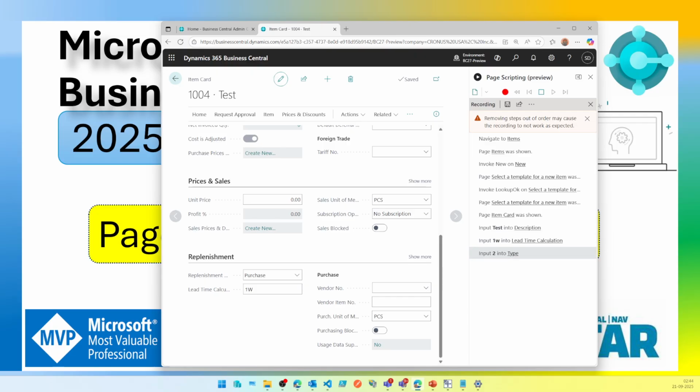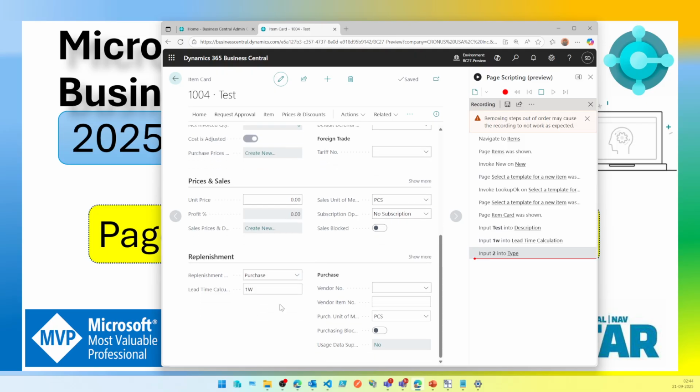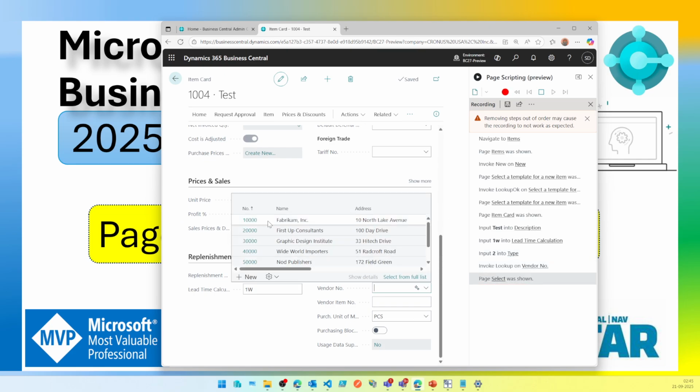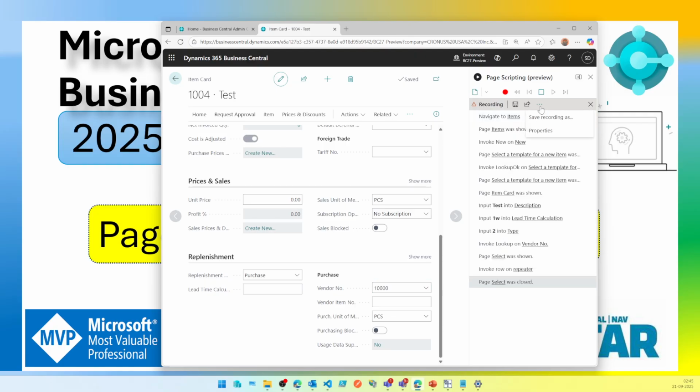The other thing which is very good, that's part of this update, is there has been a huge demand of adding parameters into things. So while I'm doing it, let's say I want the user to define a value of a certain field. Let's say somebody defines a vendor here, so he says, okay, fabric.inc is there, and I want the user to select or key in the vendor item number. Now this is something which was not possible, but now when you click on these three dots on top of your recording and you say properties, you get a new option where properties get loaded,